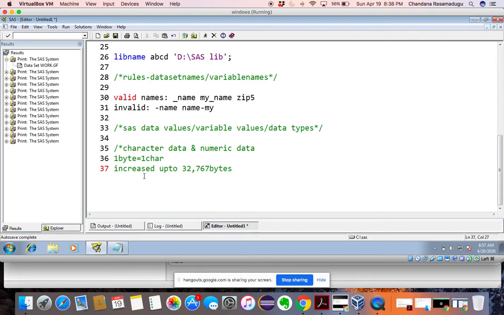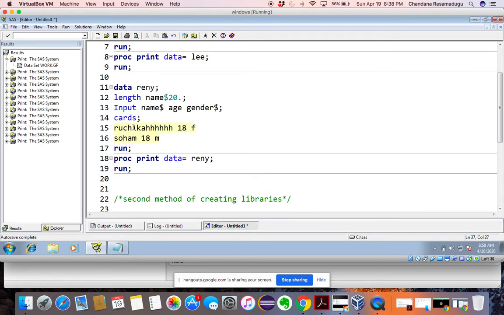Okay, so character variables need not contain purely characters only, but they can also contain letters, numbers, special characters, and blank spaces. So when we are assigning a character value, see, now what I will do is 9.